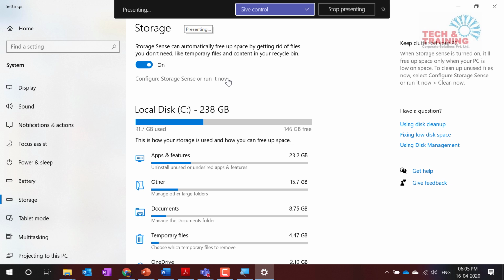I think it is available in 1709 also. I'm not 100% sure because, let me tell you, Microsoft is releasing a lot of updates and a lot of things together. So for us trainers also, it becomes very difficult to keep track of the version numbers and all those things. But I'm pretty sure it is available in 1803 and later versions. Prior versions may or may not have it.